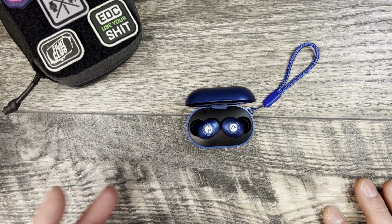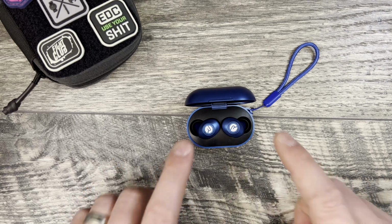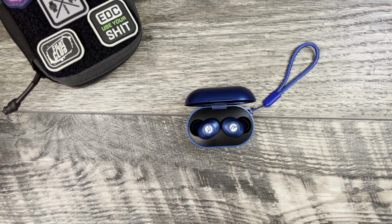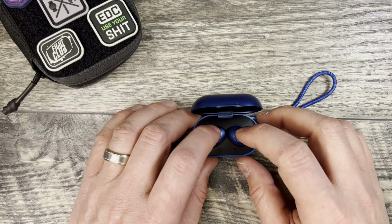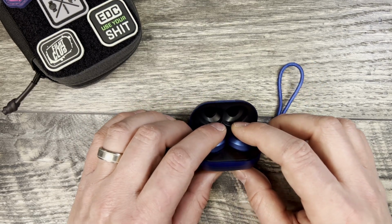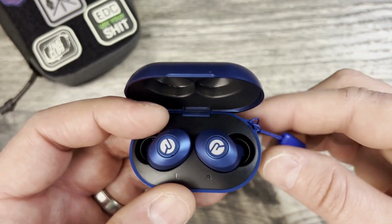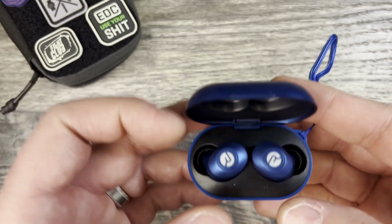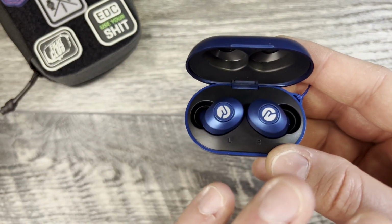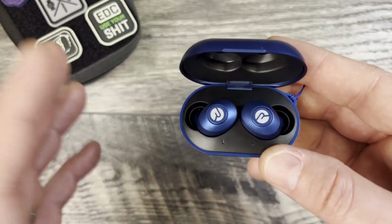They came out of the box with that bass in them, but what I don't like is the tapping. If you just accidentally tap on it and don't mean to, it's going to change something with the sound. That's where I think I like these a little bit better. I like the click. It has a very tactile feel to it. You have to deliberately push it in order to turn the volume up or down or mute or fast forward or whatever it is that you're doing. So you have a very sensational feel in the finger when you're clicking on it, and you can hear it